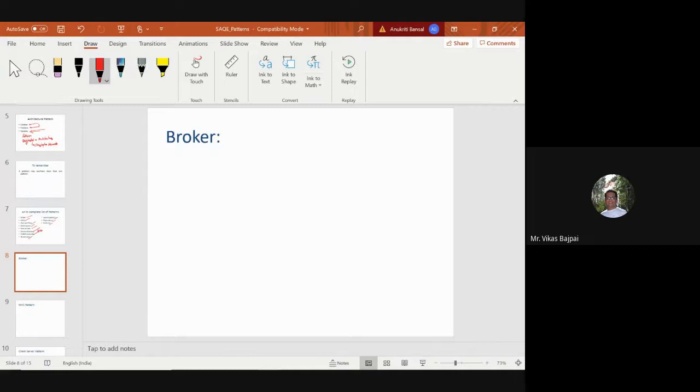A middleman who mediates any transaction, a mediator or an agent. There is a middleman between client and server. Very correct.